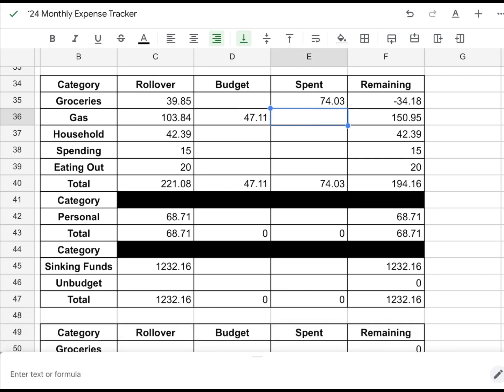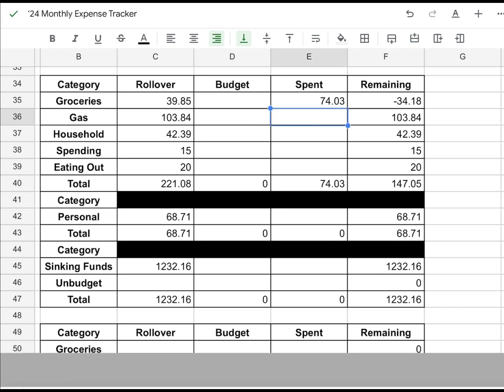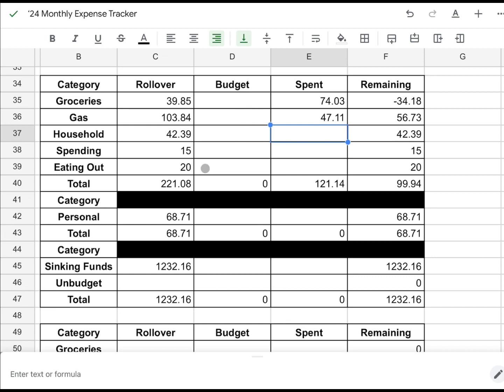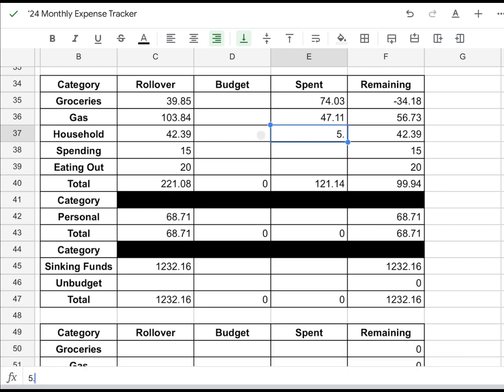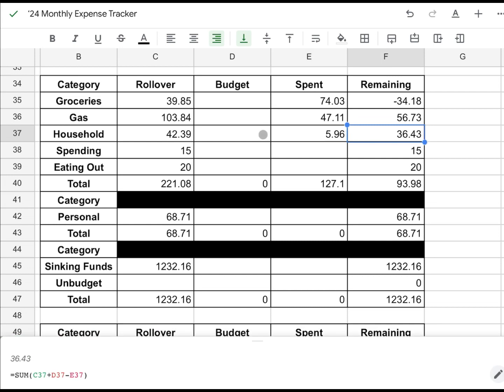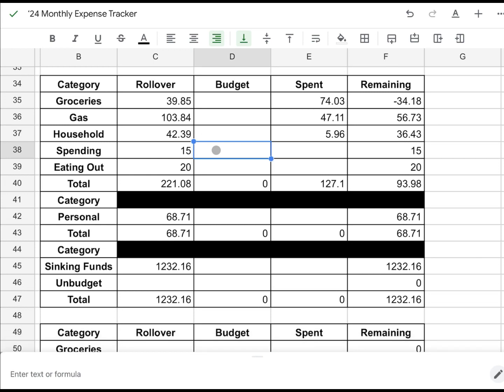For gas, I spent $47.11. I'm not going to lie, y'all, $230 seems like a nice spot for gas because I think I'm going to be able to stay in budget this month. So that leaves me with $56.73. For household, I did not budget anything, but we spent $5.96. That leaves us with